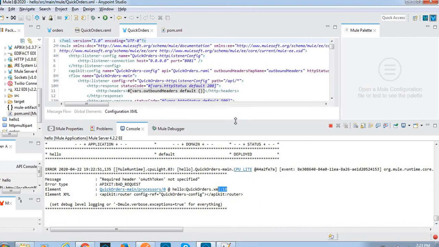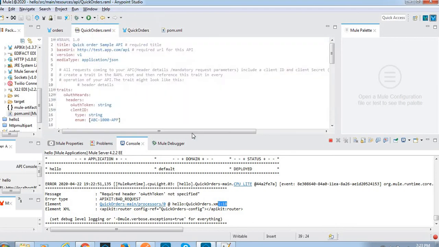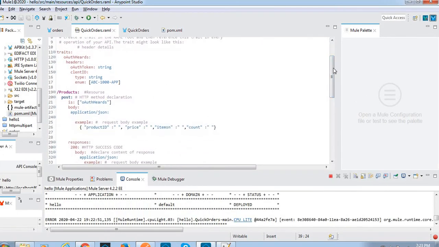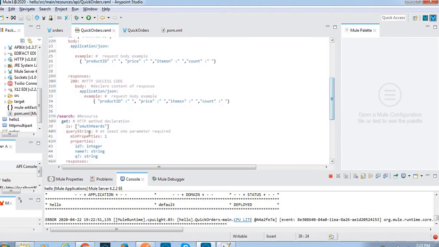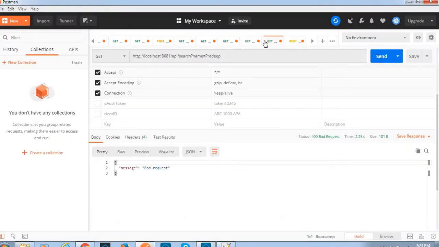Okay, let me see. Actually what happened is, earlier we had added these OAuth headers only to this products resource. Now we have added them to search. See this one. So now what we have to do is enable these two header details.